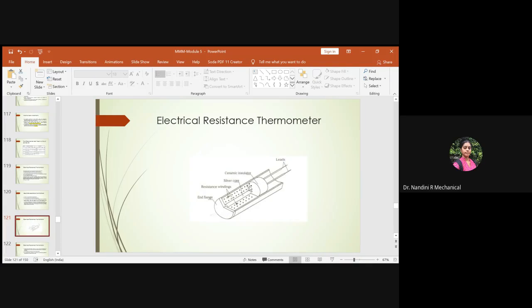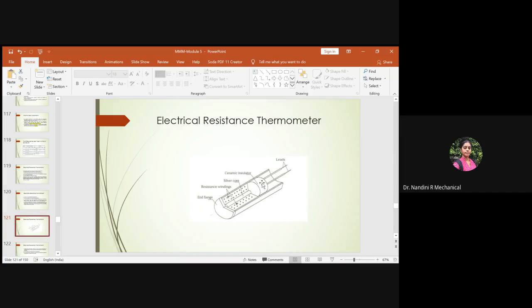Along with that, you will have an insulating material. In any measuring device, the conducting material is always embedded with an insulator, or else you get a short circuit. Here we are using ceramic as the insulator because ceramics are dielectric materials. They are neither conducting nor semiconducting. You can make them semiconducting by adding dopants, but until you add dopants, ceramics are basically insulators, so no conductivity passes through. Hence we use ceramic insulators here.